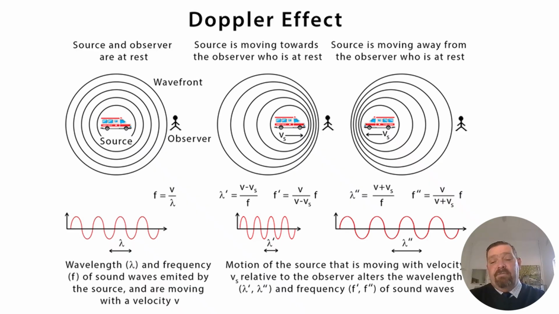Here I've got an observer who's standing still and an ambulance that's standing still. And these waves will move at the speed of sound because they're sound waves. But if you look at the way the circles are drawn, they seem to be equidistant on all sides, up, down, left, right. That is what happens when there is no movement. And the sound we hear basically stays the same because nothing is happening to change the sound of the ambulance.